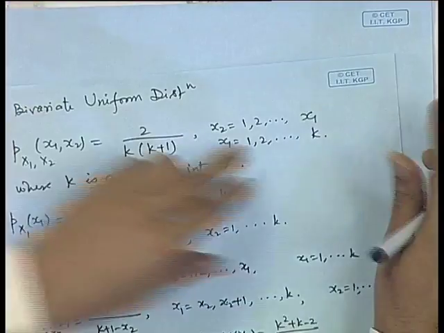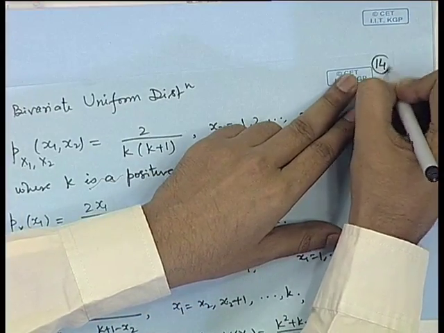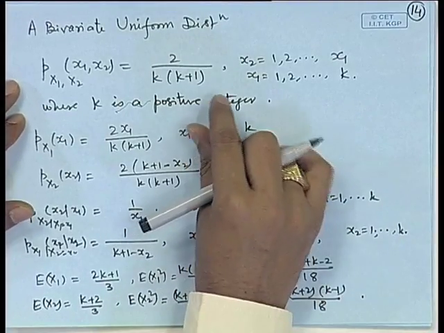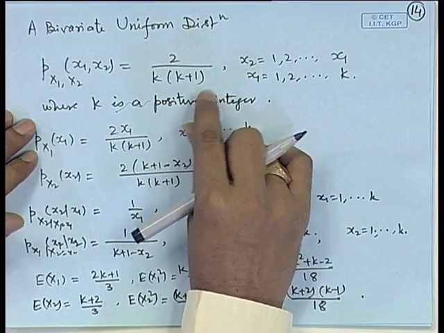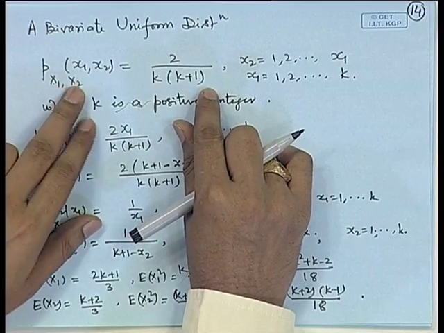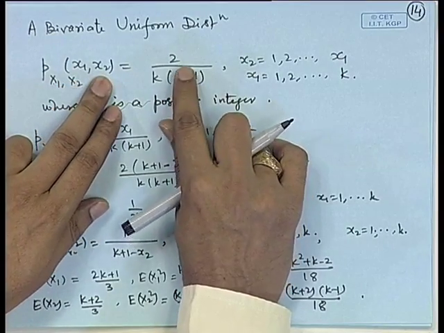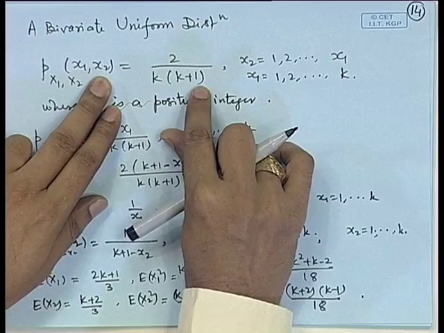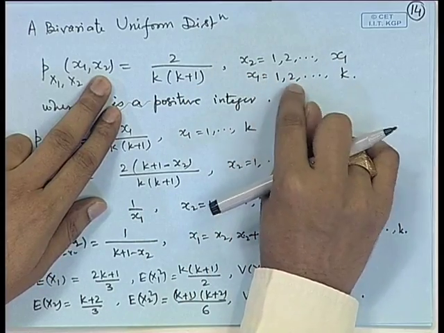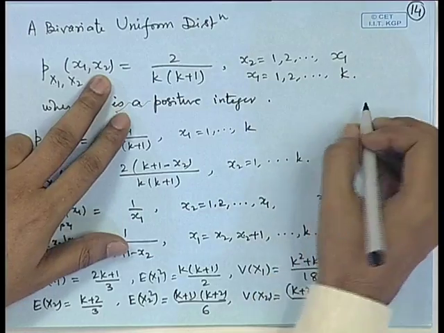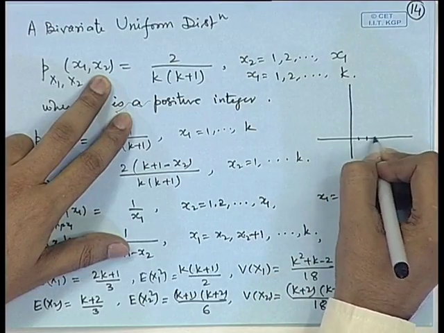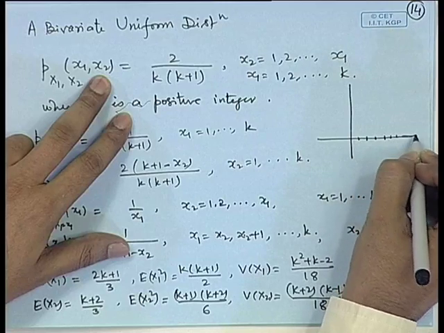We consider a bivariate uniform distribution. It is a discrete uniform distribution. So, consider the probability that X1 is equal to x1 and X2 is equal to x2 as 2 by k into (k plus 1), where x2 takes values 1 to x1 and x1 takes values 1 to k. For example, if we consider the points 1, 2, 3 up to k,